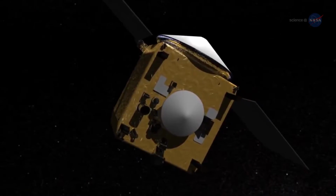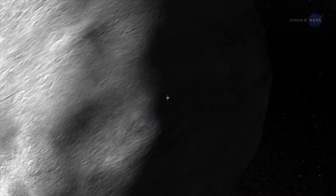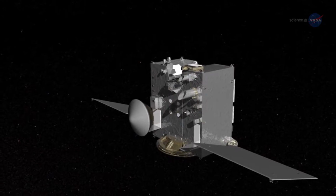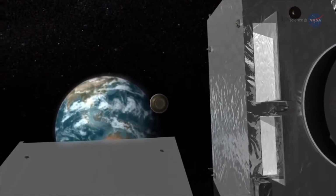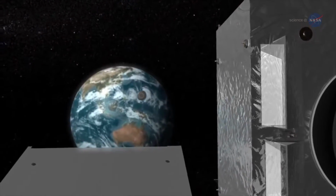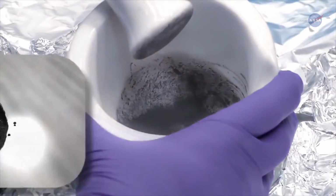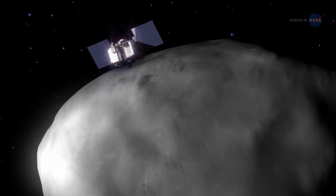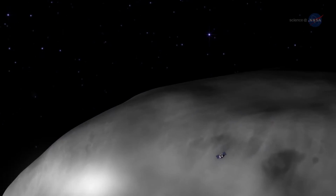If all goes as planned, OSIRIS-REx will fire its main engines in March 2021 and begin its journey back to Earth. The samples will arrive in September 2023, when a capsule containing bits of Bennu will land at the Utah Test and Training Range. From there, the capsule and its precious contents will travel to NASA's Johnson Space Center in Houston, Texas, where hands-on analysis of this ancient asteroid will begin by mission scientists and then by scientists from all